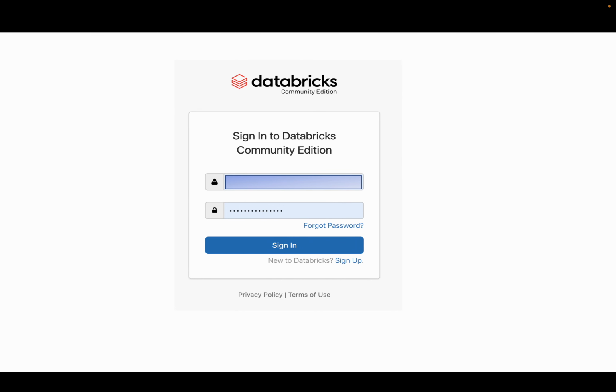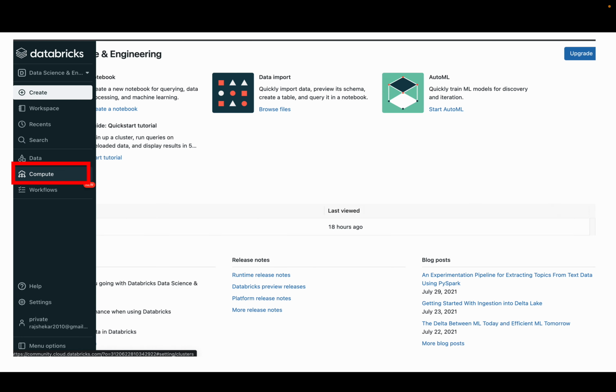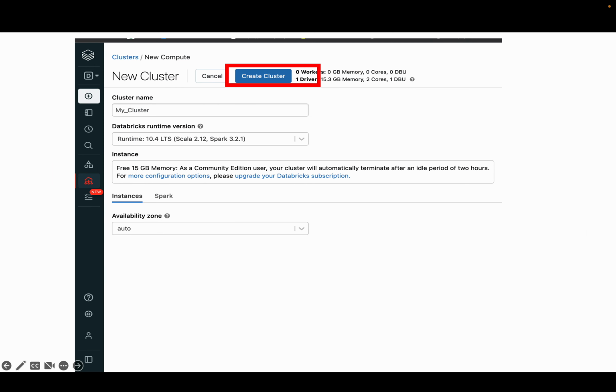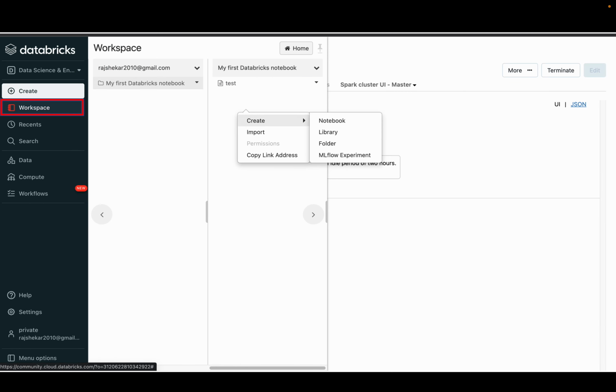This session is the continuation of the last session wherein we have seen how to create a Databricks Community Edition login, and we have also seen how to create clusters. Just a recap of the last session: we need to click on the compute button and then create clusters, create workspace,